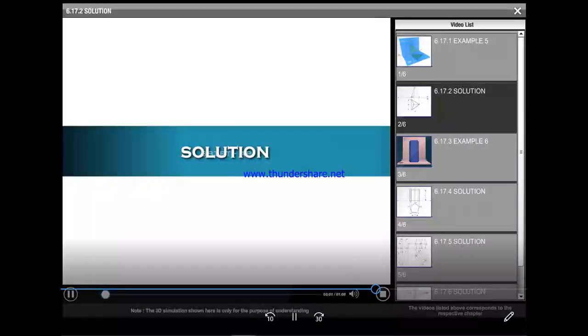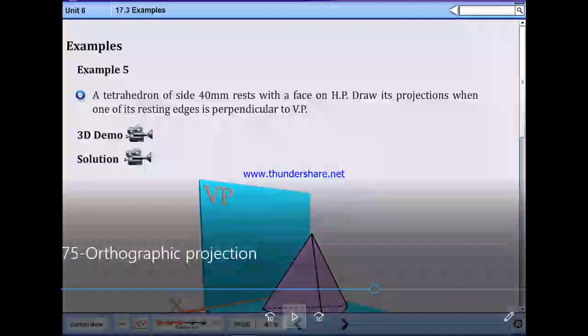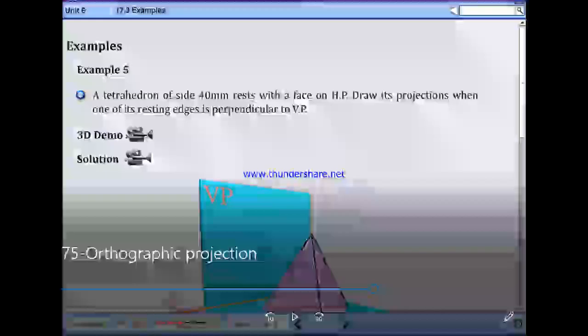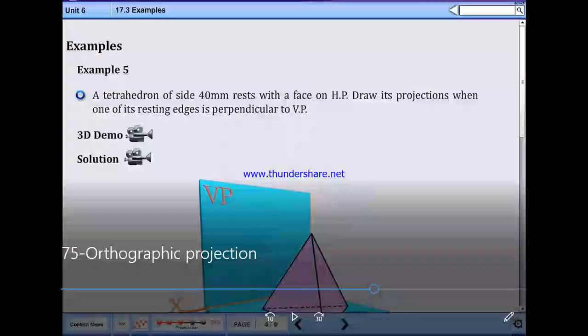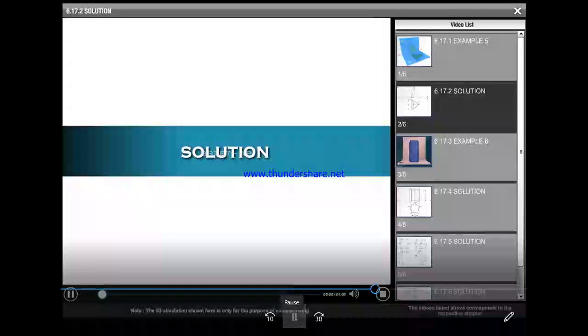Solution to example problem 5. Note down the question, example 5. Solution to example problem 5.